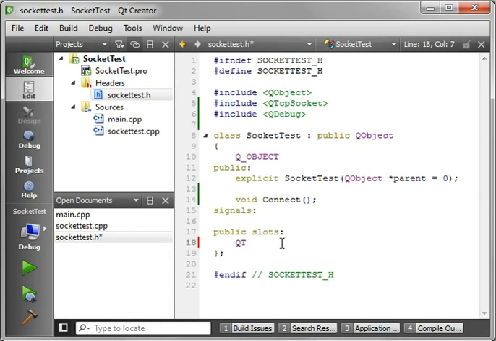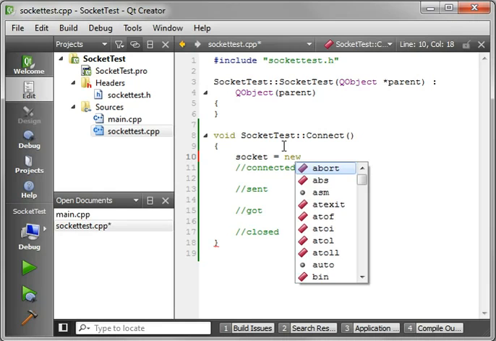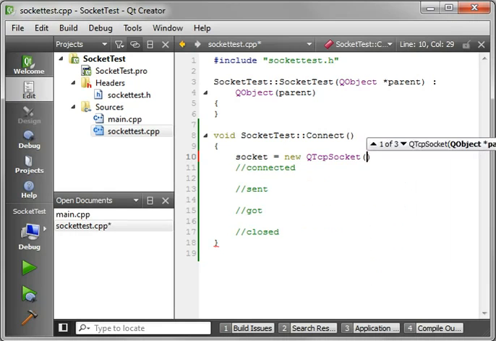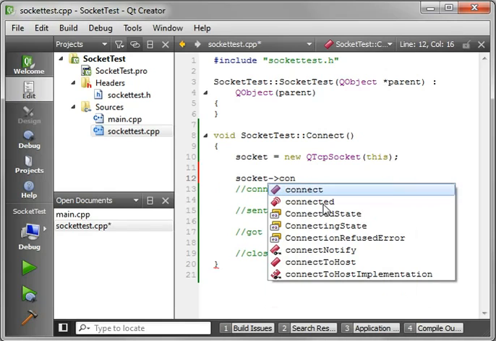First thing we need to do though is actually make a socket. So we'll say QTcpSocket, we'll call it socket. Now we have an object to work with. Let's go back in here. So we'll say socket equals new QTcpSocket. And the first thing we want to do, of course, is make the connection. So we'll say socket, and we want connectToHost,